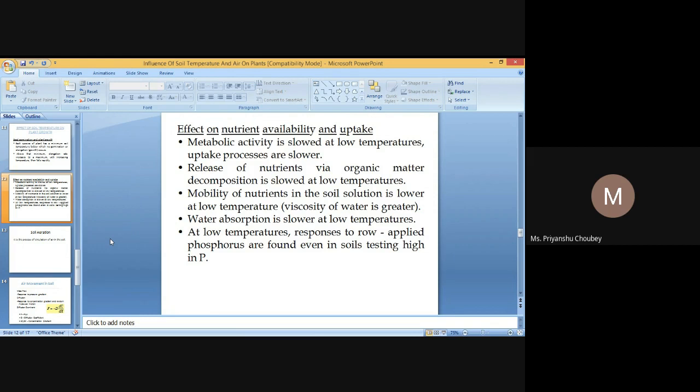Now, nutrient classification. The classification of nutrients has been done on the basis of two criteria: first, the quantity of nutrients required by the plant, and second, the functional role. In the quantity-based classification, depending upon the quantity required by the plant, nutrients are classified as major or macro and micronutrients. The dividing line between major and micronutrients is between sulfur, a major nutrient, and chlorine, a micronutrient.